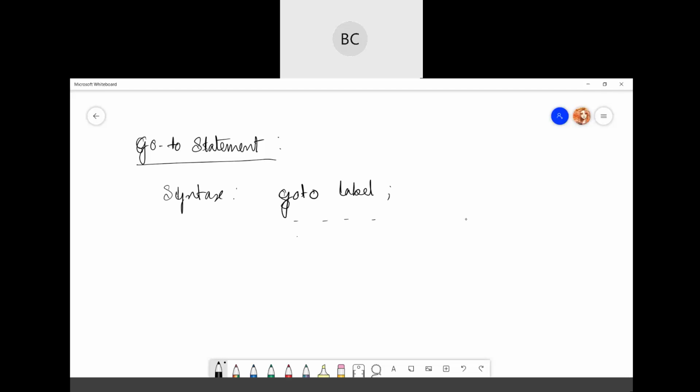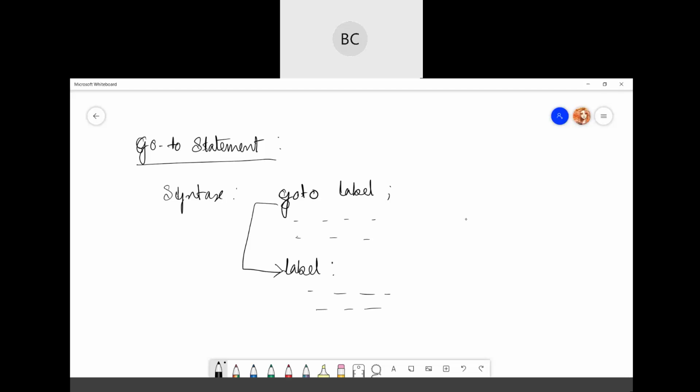Then there must be some statements, then the label portion will be somewhere here, then there might be some conditions, a piece of code for this particular place. So this is the syntax. Whenever in your program you encounter this part, your control will directly go to this label part and this in between code will be simply skipped.